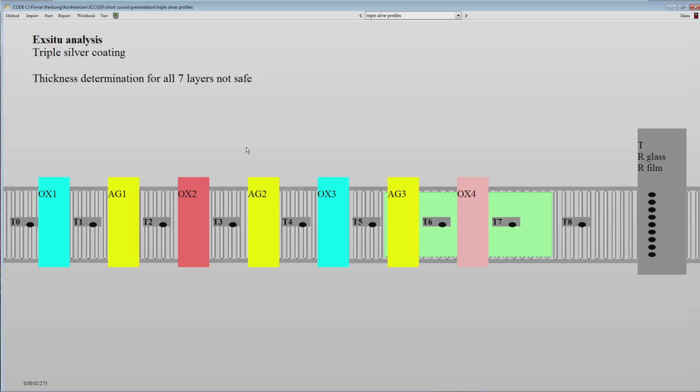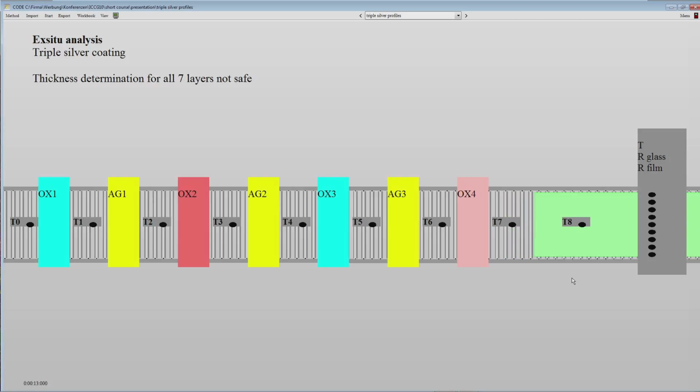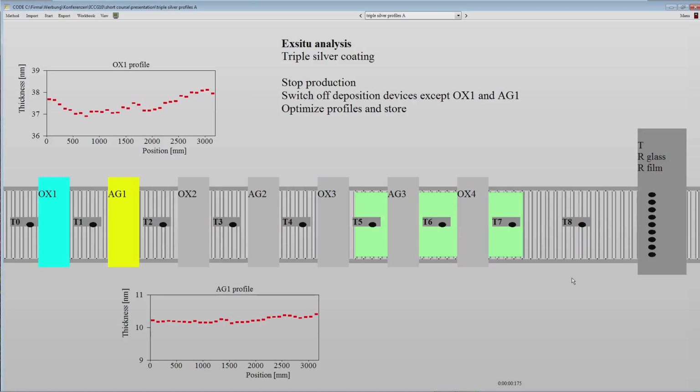Okay, just a remark about triple silver. If you do the analysis, you will find that if you have 7 thick optically important layers, you cannot get all those 7 numbers from the traverse measurements. It's not possible. The errors are much too large, especially for the base oxide. So what you have to do in order to tune your coater, you have to separate the problem. And my proposal is to switch off all the cathodes except the first 2, the base oxide, the first silver layer,